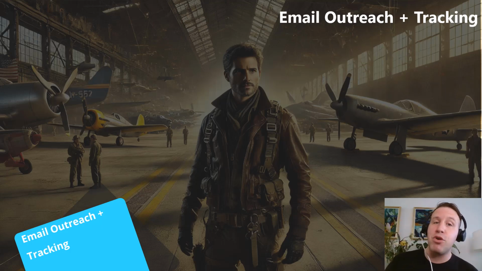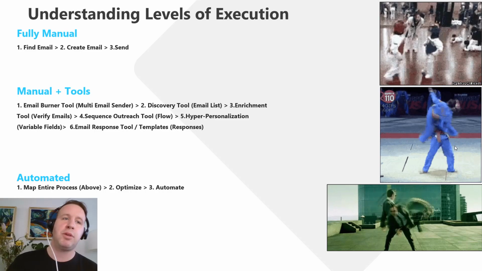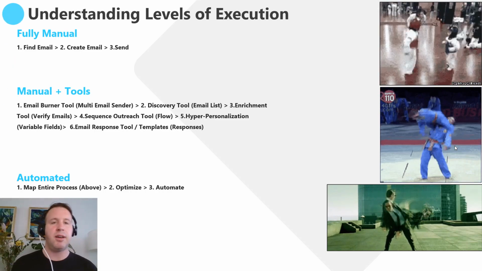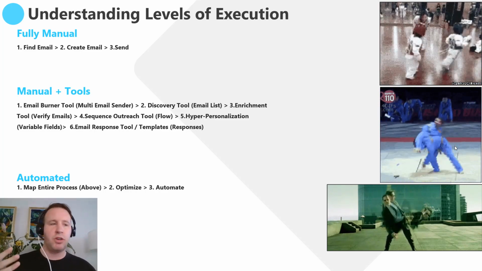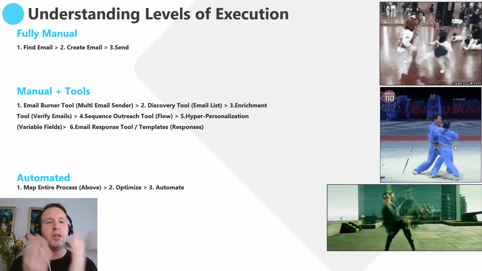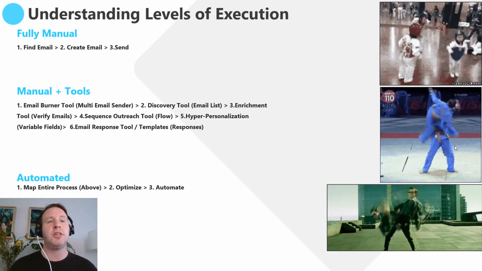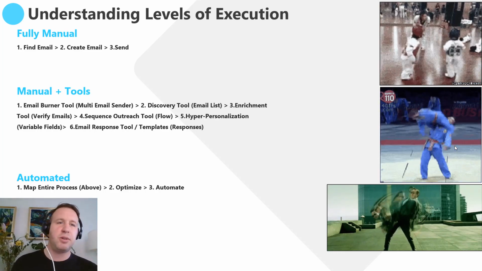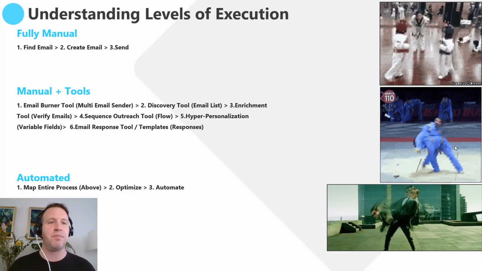So I'm going to move very quickly through this and give you a high level understanding, and then ultimately bring you through a very condensed activity of running automation outreach. From the standpoint of understanding how you can execute across this, we could do this fully manually, and that's okay. Lots of people like to do this manually. You would find an email, create the email, and then send an email out to these people saying, I want to work with you.